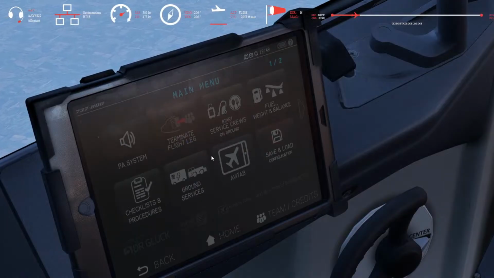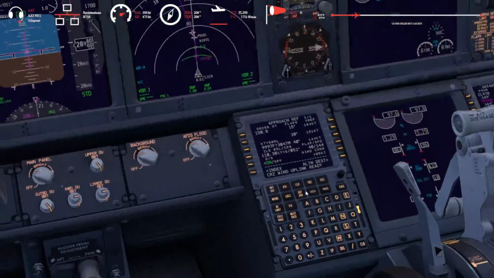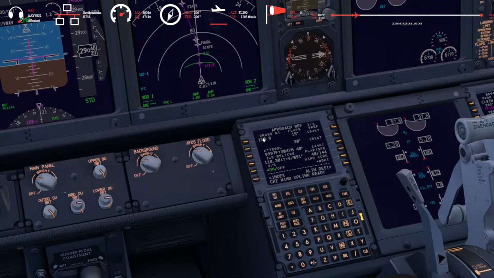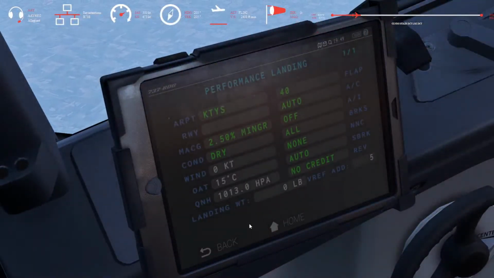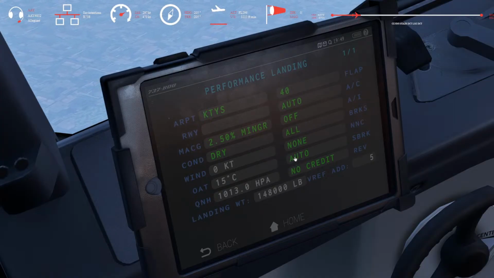We'll go over here to our performance landing, and we'll get a rough idea of what our gross weight's going to be at that time. I'm going to use about 148,000. And we're going to have brakes set to,